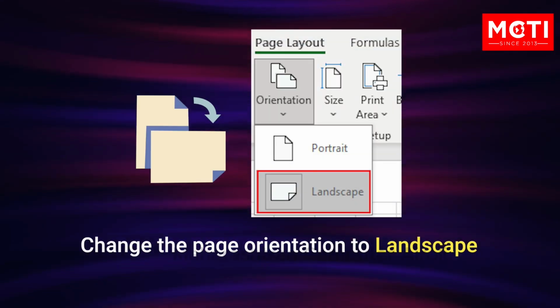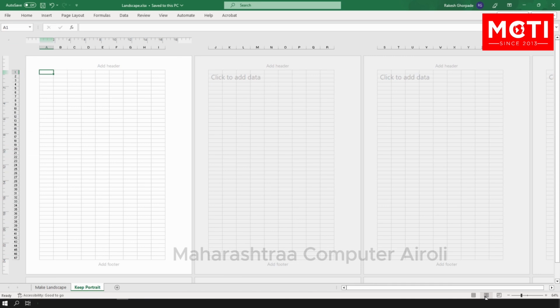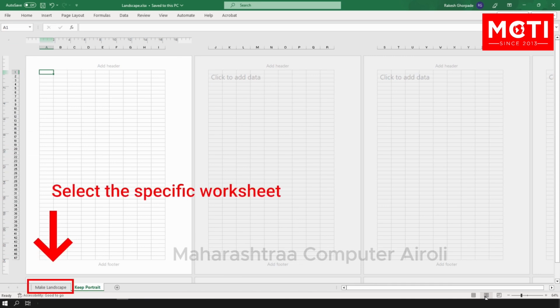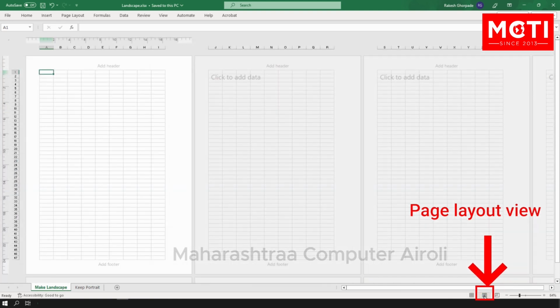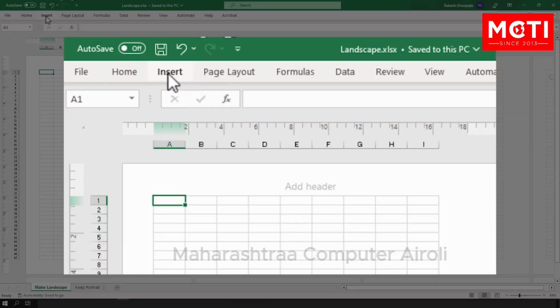Change the page orientation to landscape. Click on the worksheet tab at the bottom of the Excel window to select the specific worksheet for which you want to change the page orientation. Then click on Page Layout View. Click on the Page Layout tab in the Excel ribbon.